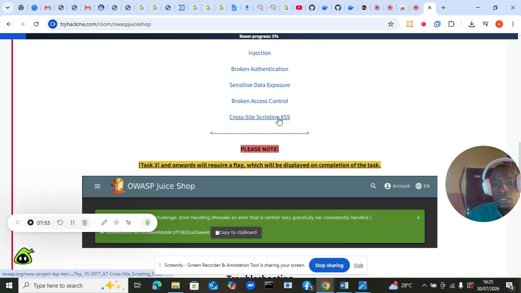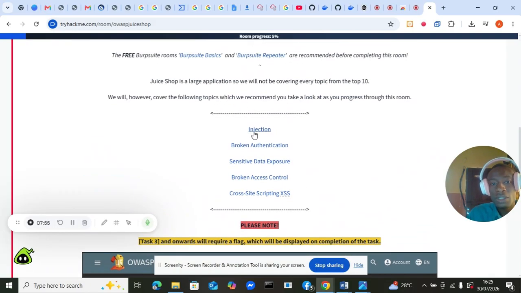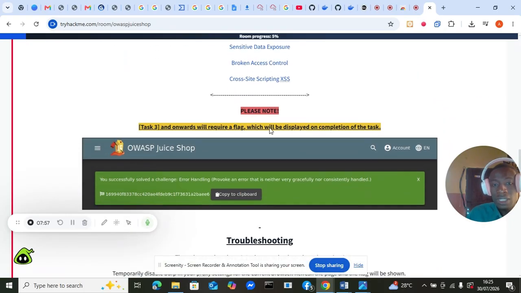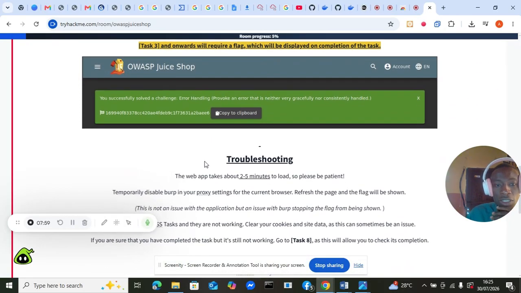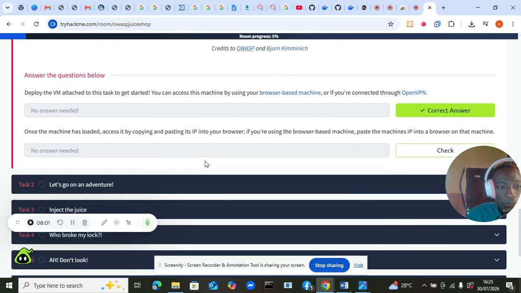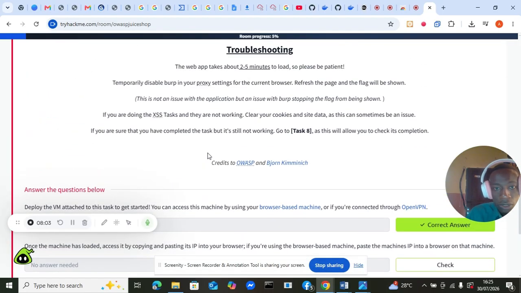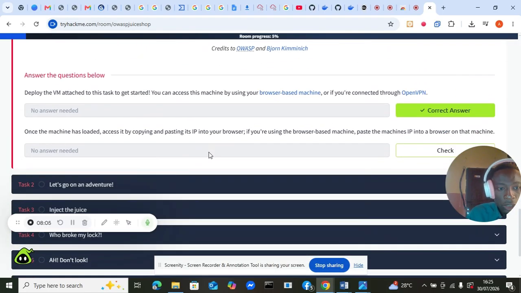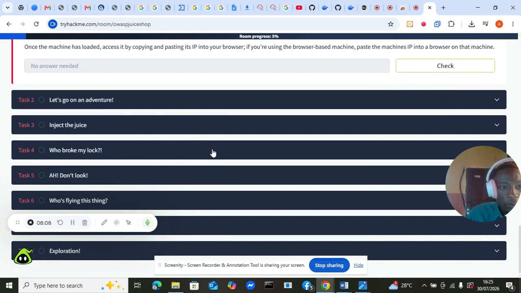So the first thing we want to do now is begin to take some of the tasks here and begin to solve them.